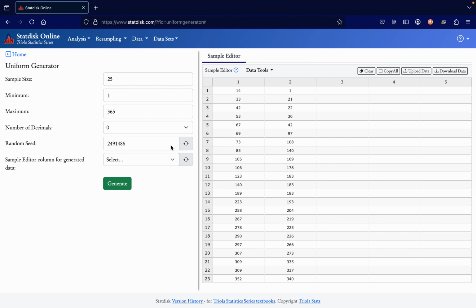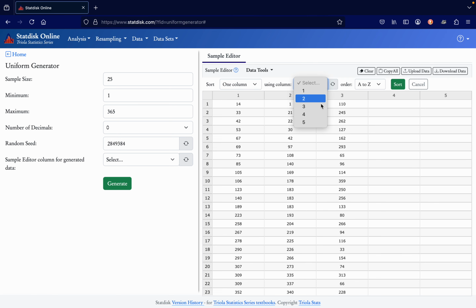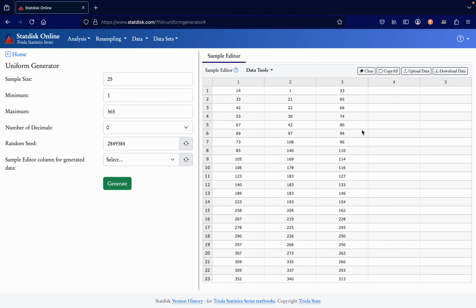And then we can do the same thing. I'll change the random seed right here. We'll select column 3. We'll generate similar data. We'll go to Data Tools, Sort Data. We'll sort column 3. And once again, you ask yourself, are any of these numbers the same? And in this case, no. Okay.